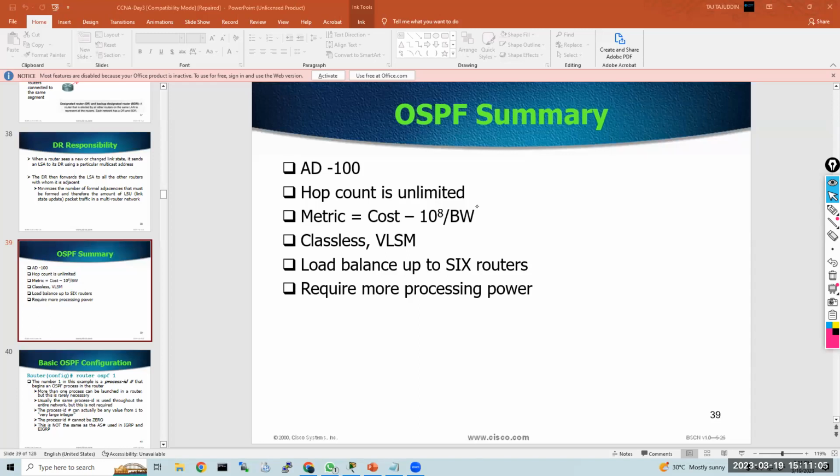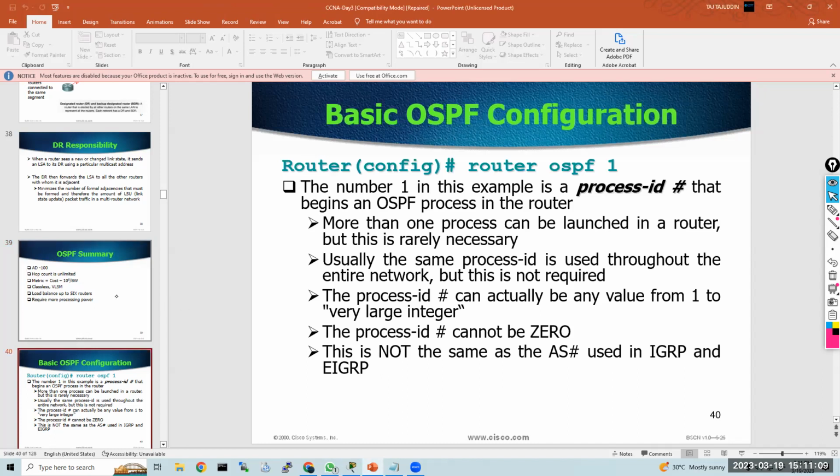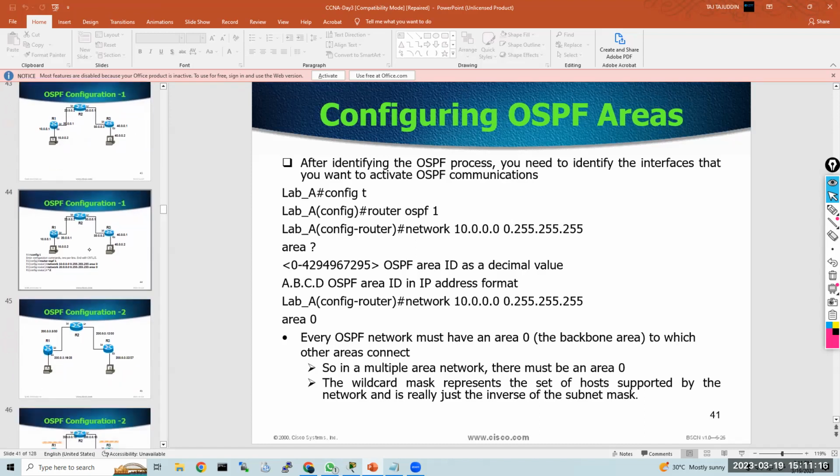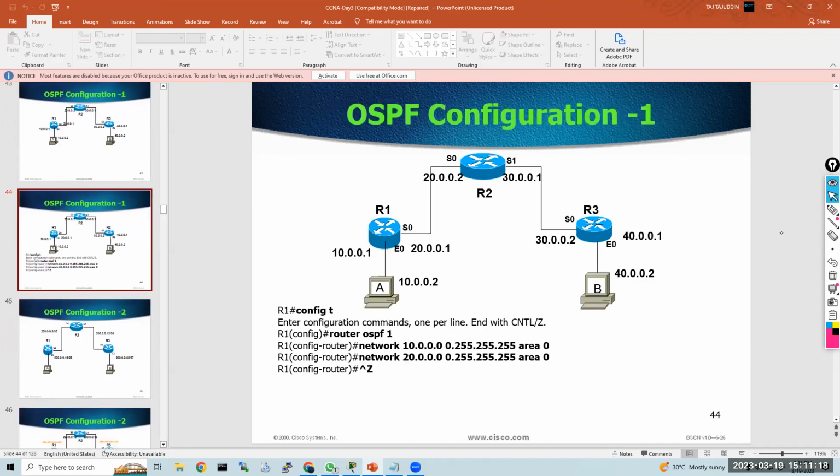Okay, so now if you talk about the basic configuration, guys, how do we configure? Configuration is quite simple. Let me show you this topology example, so we can see the configuration part. How do we configure? We can see OSPF, and this is the number. This number we'll call your